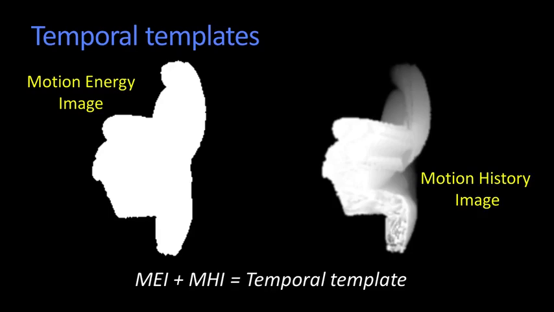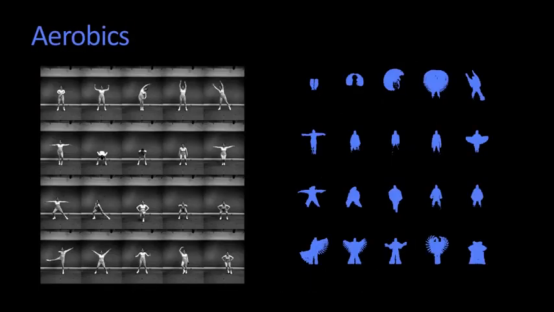All right, and then we tried it on a data set that we created. We had this person who was way more fit than we were do a whole bunch of different aerobics moves, and we just said, okay, can we now recognize if she's doing a new routine, which aerobics move she's doing? All right, and one of the interesting things that you can see here, what I'm showing you here are the MEIs. All right, I'm just showing you the binary version. And you might say that this